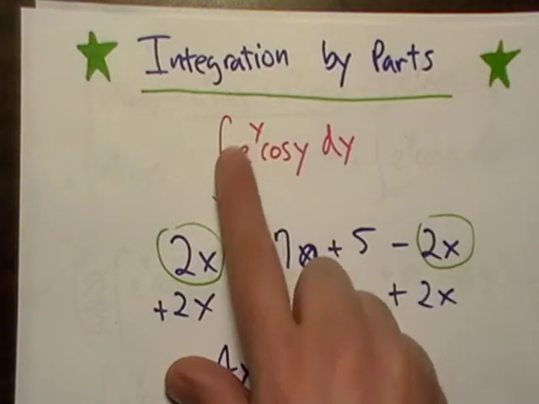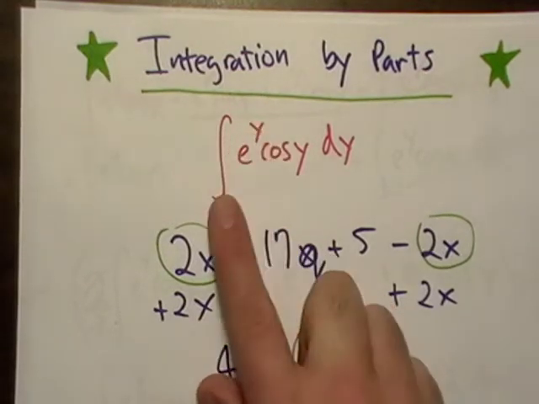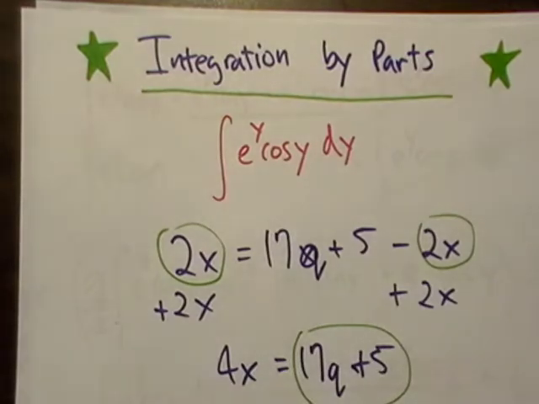Now if this is like an x to the 5th or something, the x to the 5th eventually would go away, like in our last example, and you could do your tabular method and get away with it. So that is probably the only other integration by parts thing. And after this, I'm going to make a little review video, and I'm basically going to say, hey, this is what I would do in this situation, and